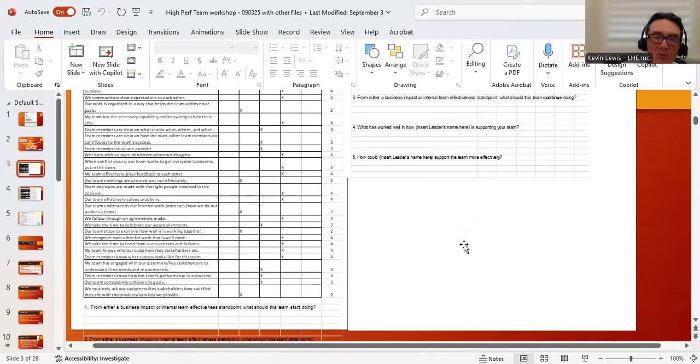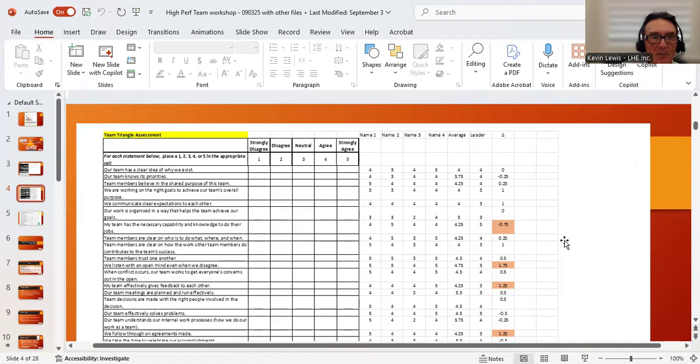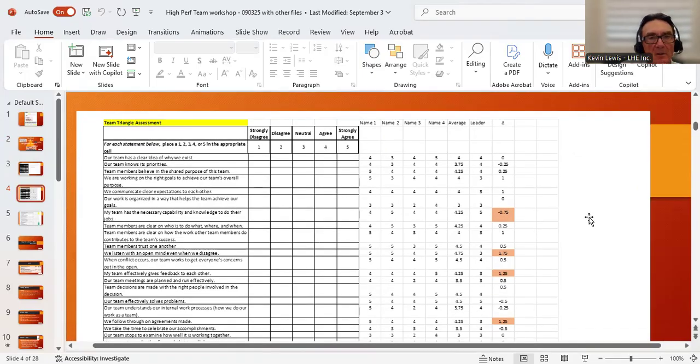Then what you'll do is, okay, there we go. This is the populated assessment. You get everything back. Say you've got 8 people on the team. In this example, there are 4 people on the team, just to keep it simple. Then you roll up all their responses. You cut and paste the first response from name one to put it in here, then the second person, the third person, and so on. Then there's the mean score, the average. It's got the macro built into it.